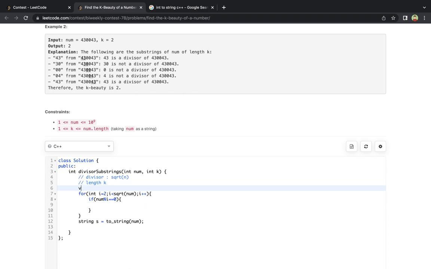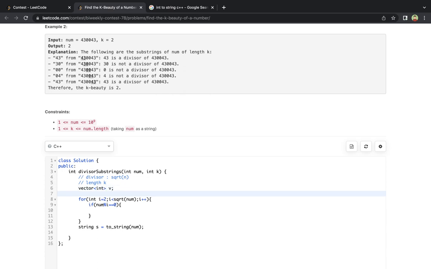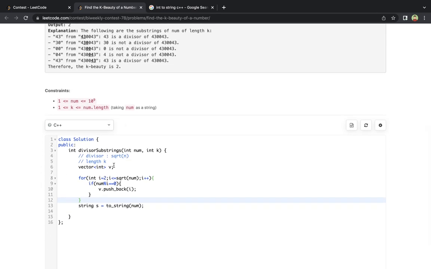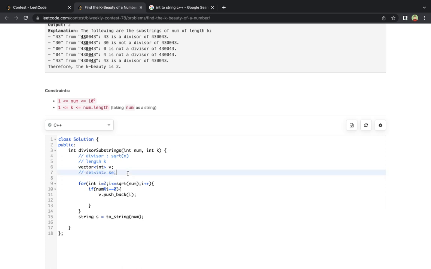We can store them in a vector. Or even a set, right? We get it, right? So for searching in the string,